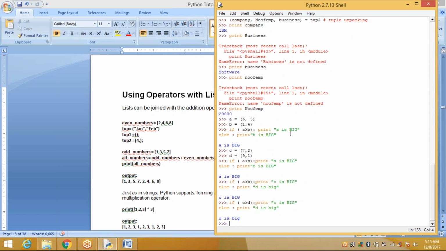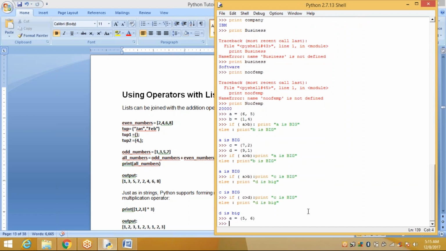If you compare this, it will display A is big. Why? Because 6 is greater than 1. Suppose in the same way, E is equal to (5, 6) and F is equal to (5, 7).